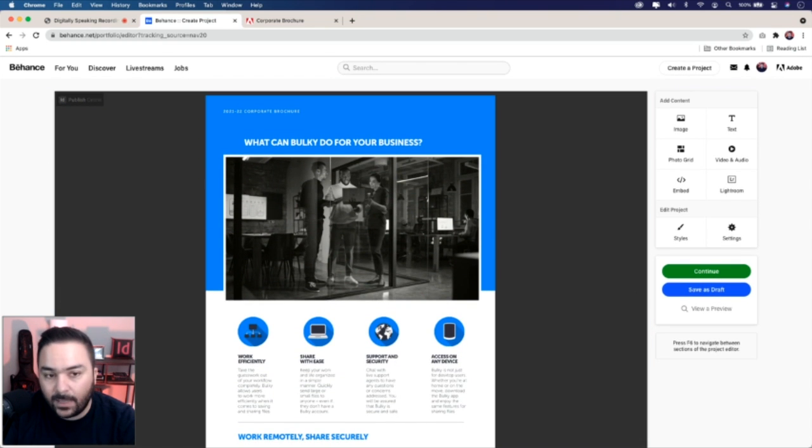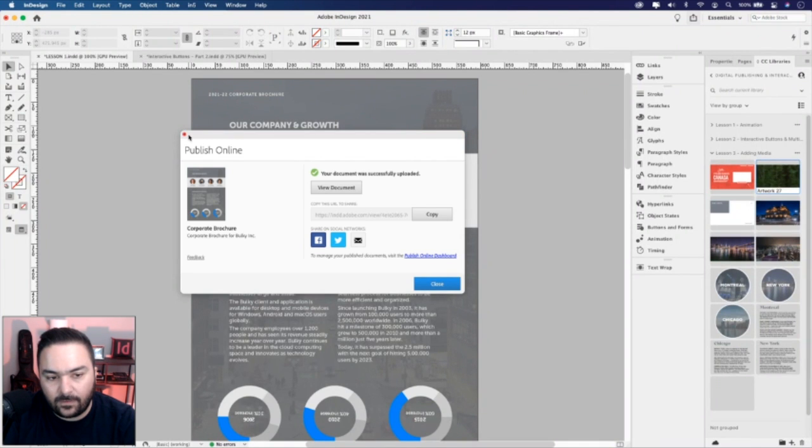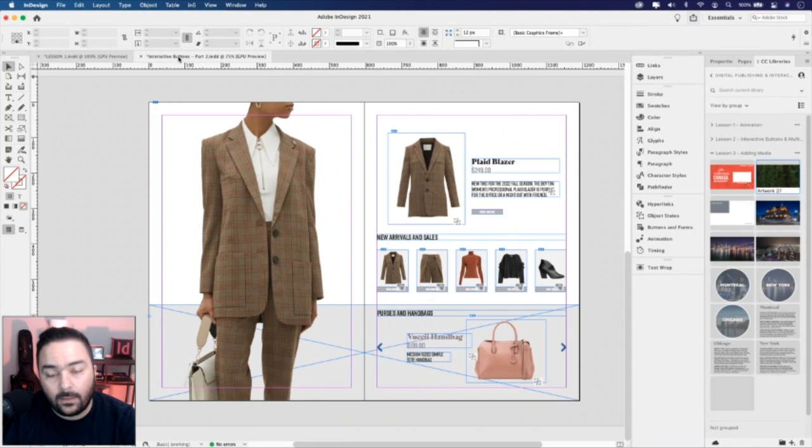So the other way, if I go back to my InDesign project, let's close this. And I have the catalog that we worked on in part 2. For this one, we'll publish it, or I'm sorry, we'll export it for EPUB fixed layout. This will be opened in an e-reader. For me, I'm going to open it in Apple Books. There are many e-readers out there, Adobe Digital Editions, Google Play Books. Find one that's right for you. But obviously, if you're on an Apple or even an iOS, it works very well on that platform.